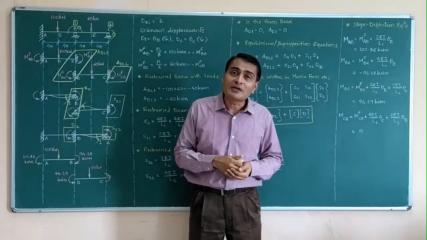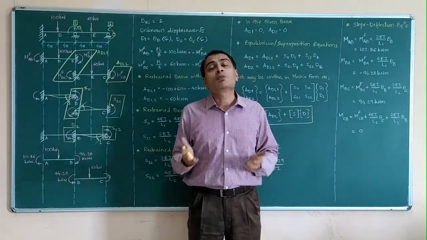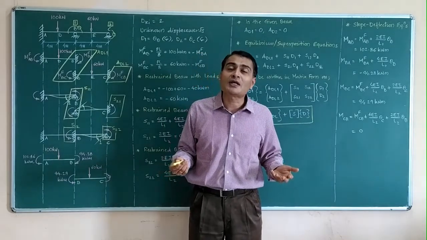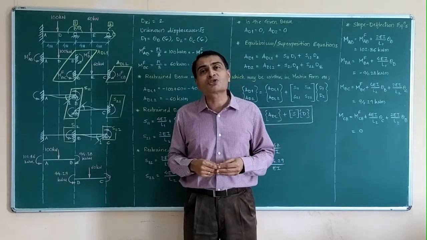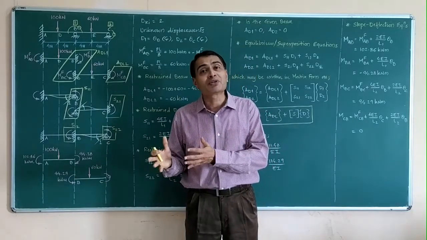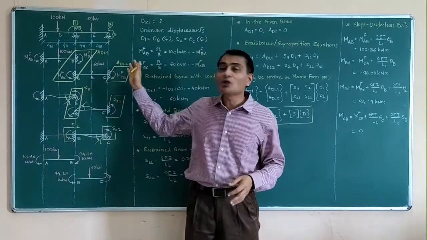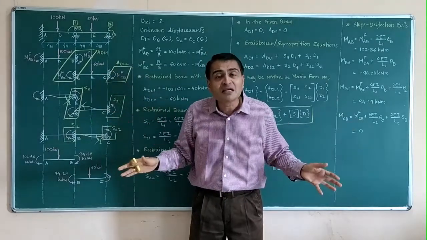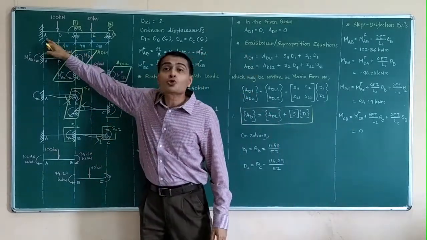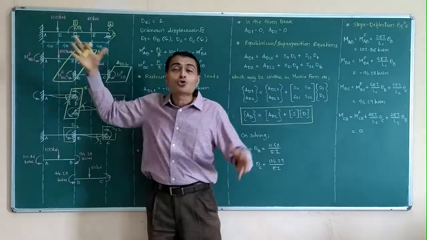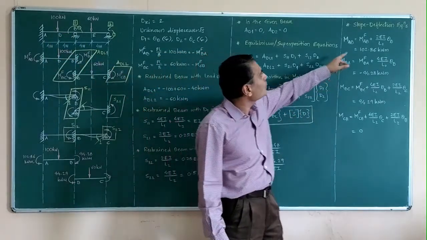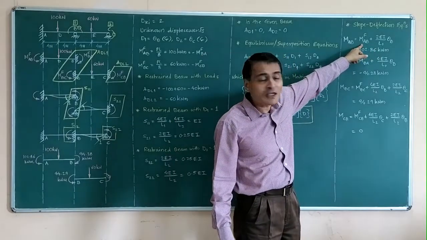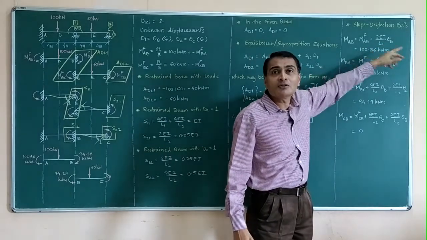M of AB is equal to MF AB plus 4EI upon L into theta A plus 2EI upon L into theta B minus 6EI upon L square into delta B relative to A. This last term, which we usually use in translation, that is sinking of support, right now it is not happening. Secondly, theta A is also 0 because this is a fixed support. So my first equation has only these two terms. M of AB is equal to MF AB plus 2EI upon L1 into theta B.